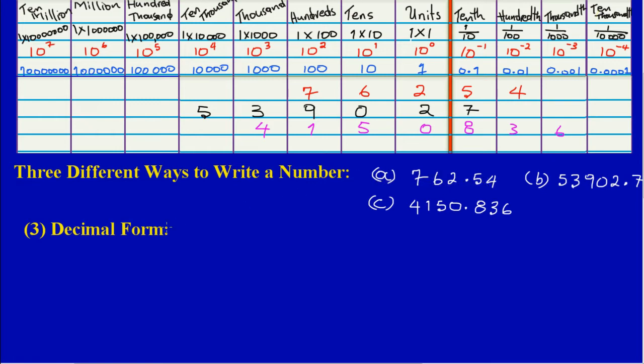762.54 in the decimal form. Now again, the number is already here in the place value chart. So all I'm going to be doing again, and I'm using the terms now, is my face value. The digit that is in the hundreds column is a 7, so the face value of 7 is 7. So I'm going to say 7 times 100, and that would give me 700. So here for part A, I took the face value of 7 multiplied by the place value, and I get 700. So I have a 700 plus,